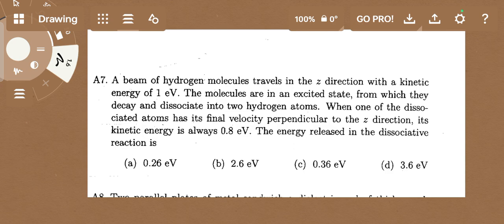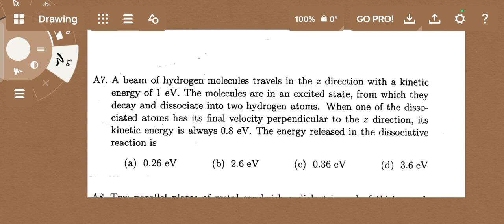This is the seventh problem and it is from the molecular spectroscopy chapter. It's telling us a beam of hydrogen molecules travels in the z direction with some kinetic energy. The molecules are in an excited state from which they decay and dissociate into two hydrogen atoms. So one molecule gives us two atoms,